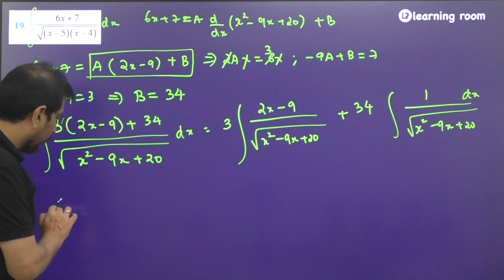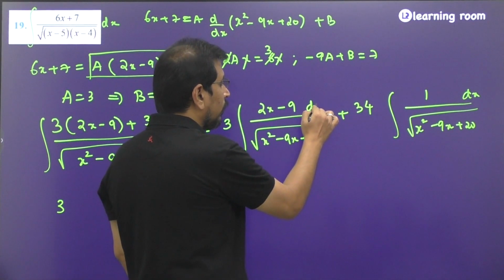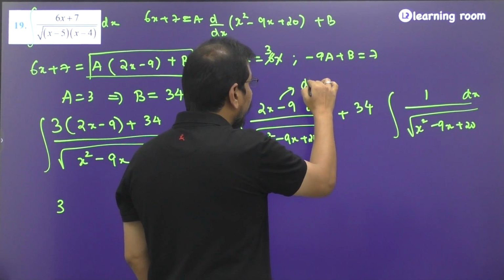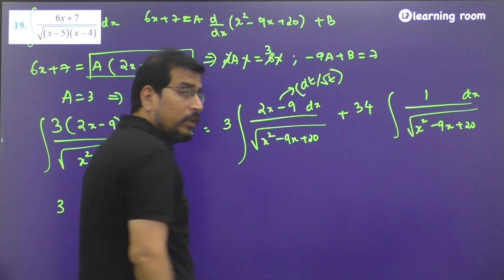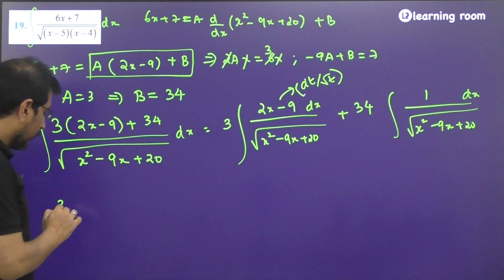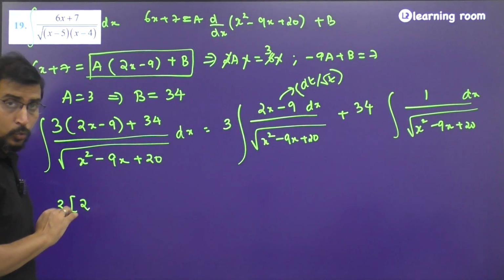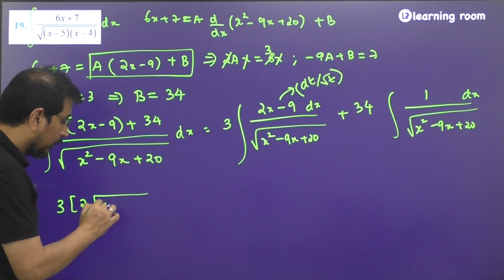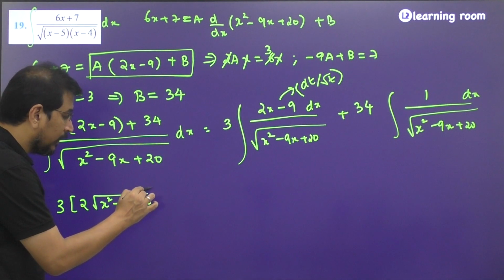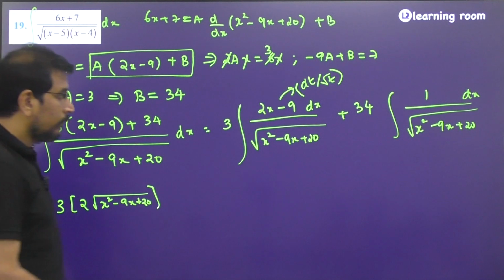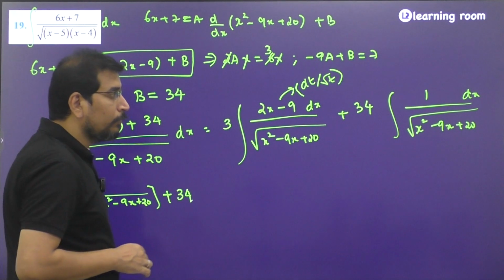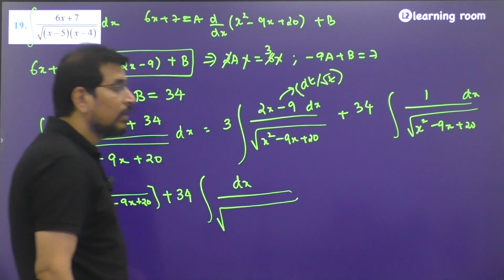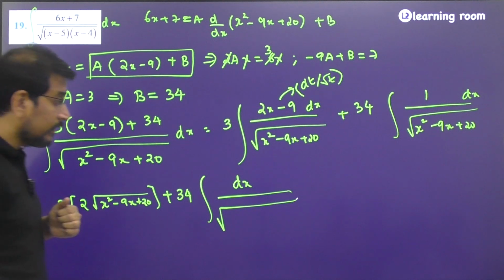Okay. So 3 into, if you observe, if I put x square minus 9x plus 20 as t, then this is going to look like dt divided by root t. So the answer should be 3 into 2 times root t, but what is the value of t? It is x square minus 9x plus 20, plus 34 into the integral of dx divided by the square root of x square minus 9x plus 20 can be written as